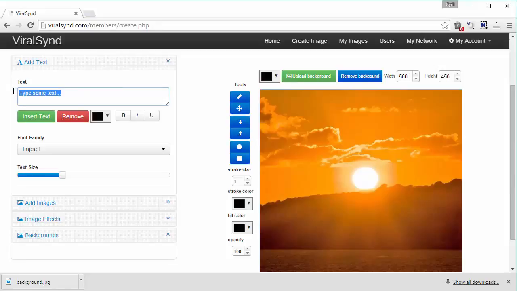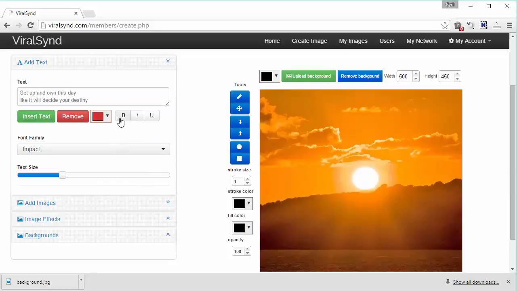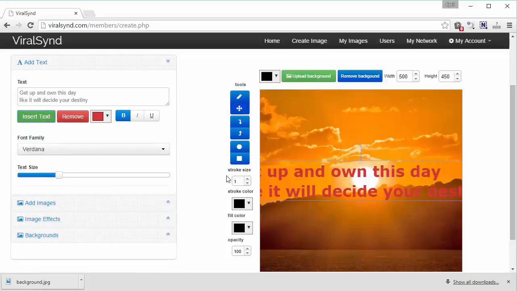Type in your text here. Let's put in something. Okay, so we have some text and I'm going to break it into 2 lines. All right. And you can do some things like you can change the color if you want. You can pick any color you want, or you can make it bold or italic or whatever you want. You can even change the font family. Let's go with Verdana. You can change the font size, or whenever you're ready, just click on insert text and